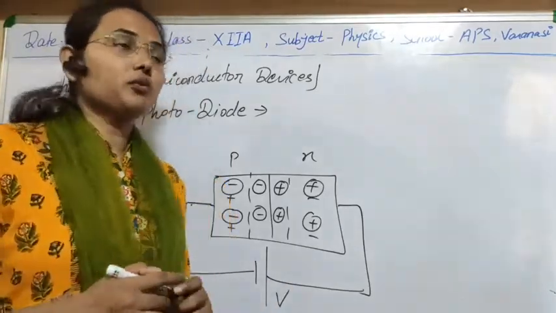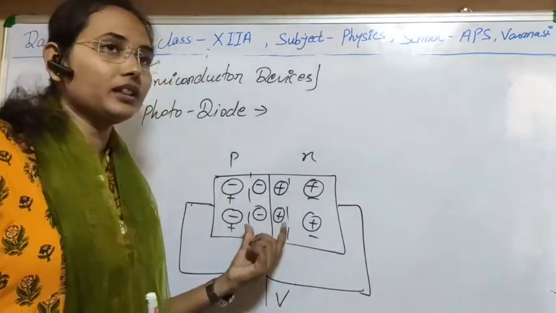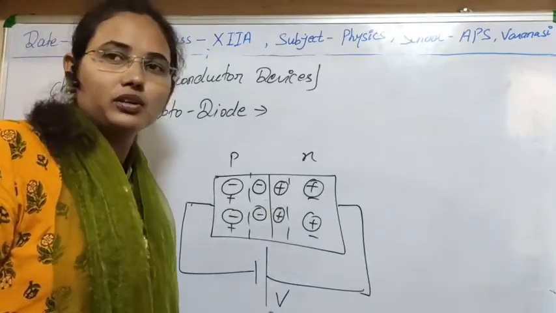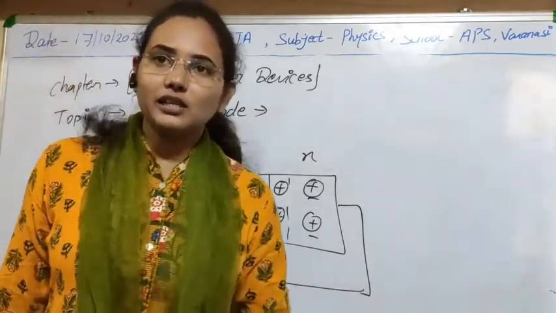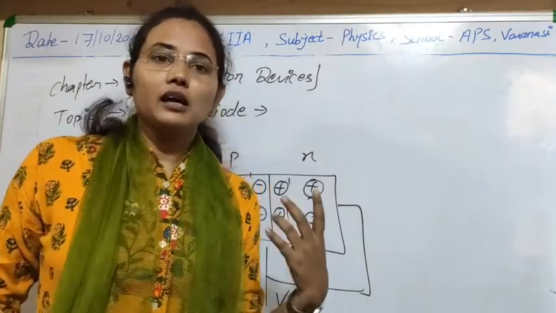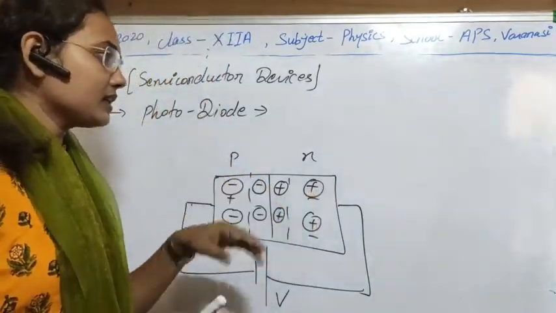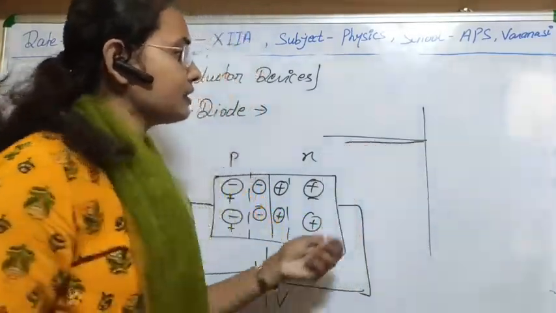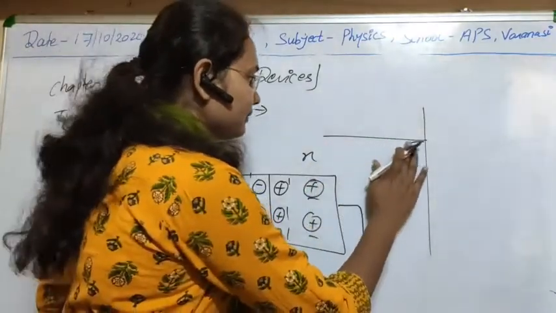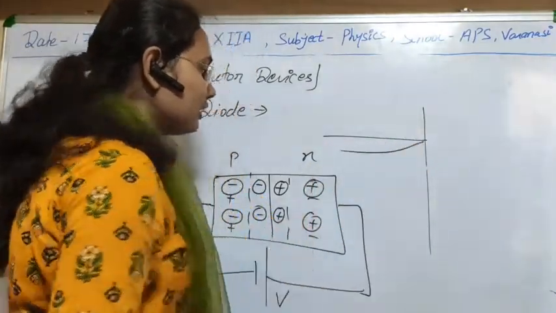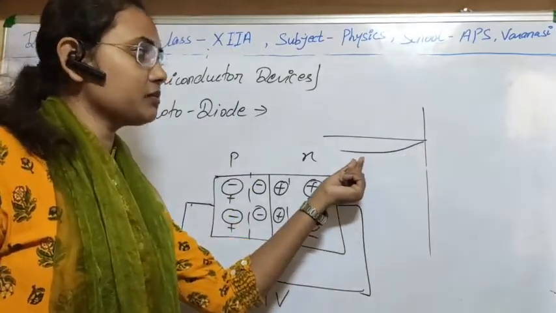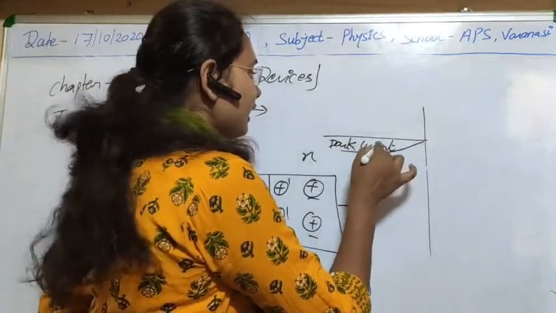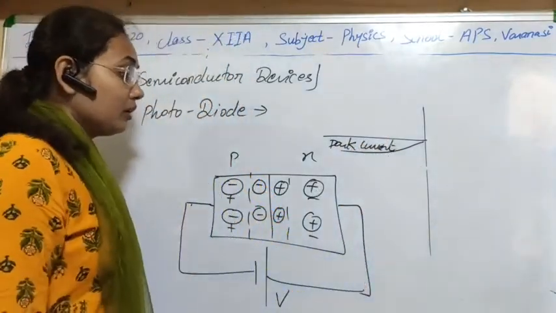If this voltage is not sufficient to cause breakdown in this PN junction diode, then obviously if we do not change this voltage, the value of current will not change and we cannot get more current in the circuit. Due to minority charge carriers, some current is obtained in this process. That current is the concept of dark current. So if this potential is below the breakdown potential, then these characteristics will be like this. Suppose that this is due to minority charge carriers and this current is known as dark current. Clear?